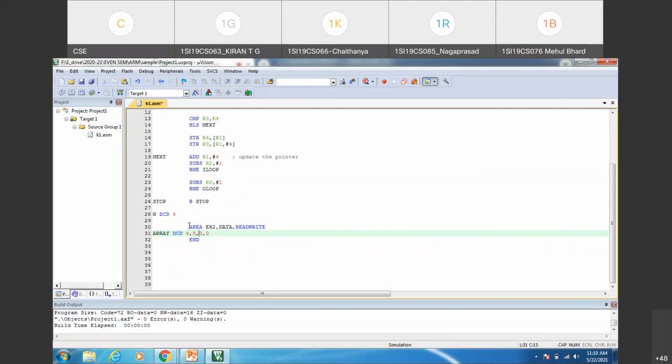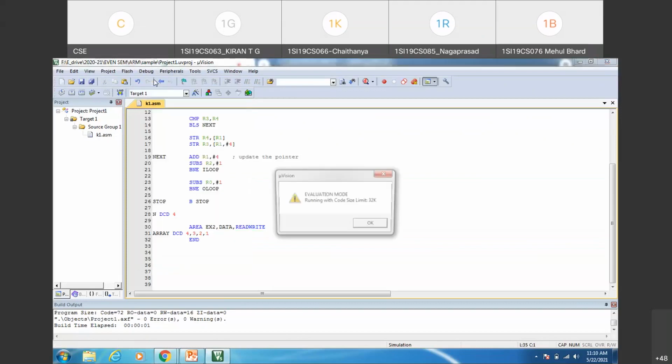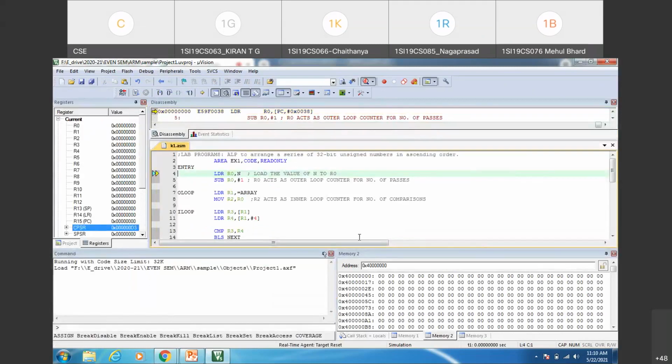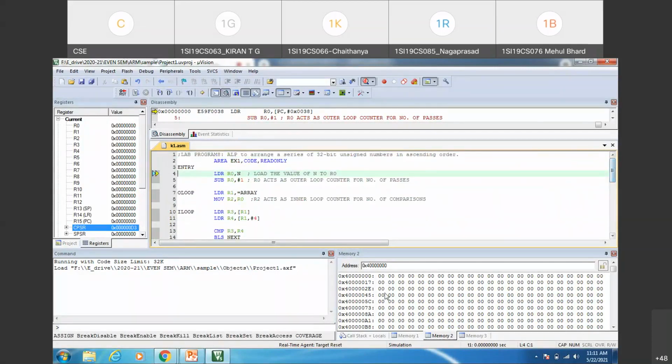See, 4321. Even if you give the array elements like this, once you assemble your program and go to the execution mode, all the locations in the data segment will be cleared to 0. Just see, I had given 4321. When you go to the location 4 followed by 70, are you seeing the data? The complete data segment will be cleared to 0. This is what happens. All RAM locations will be cleared to 0 when you go to the execution mode. So even if you give it, no problem, it will be cleared to 0. Again, you have to edit these locations. Getting?